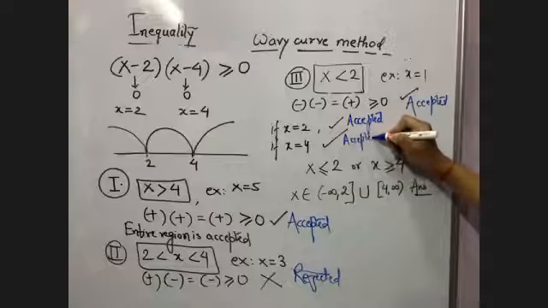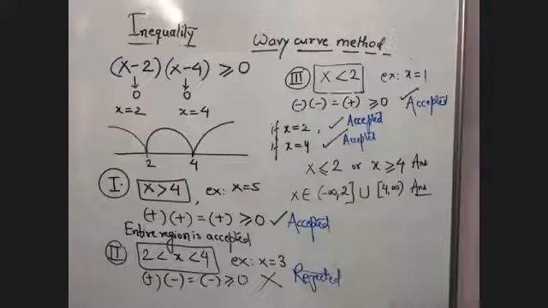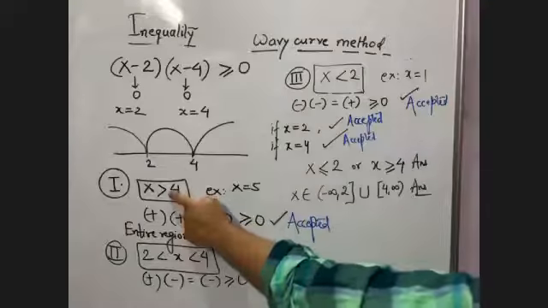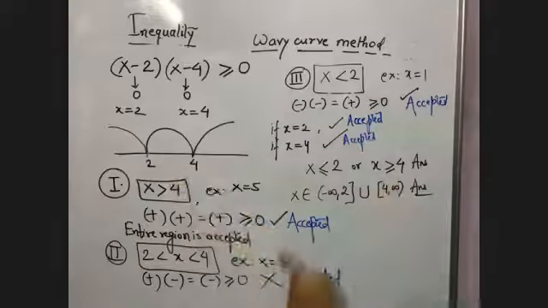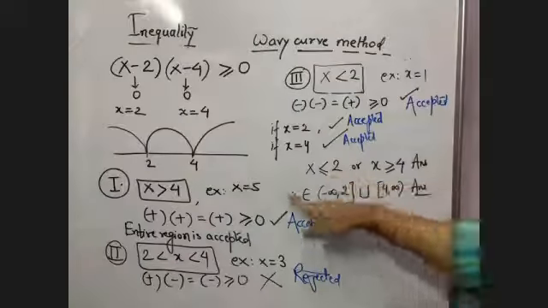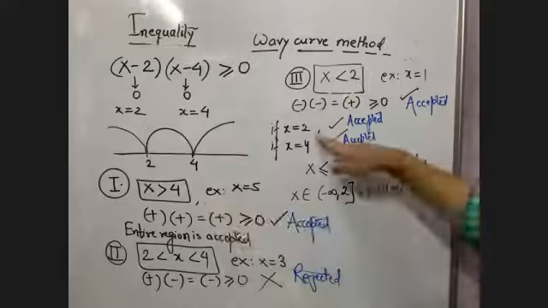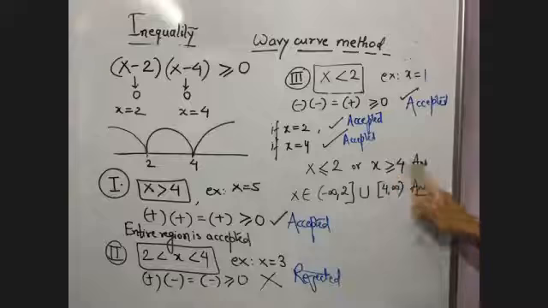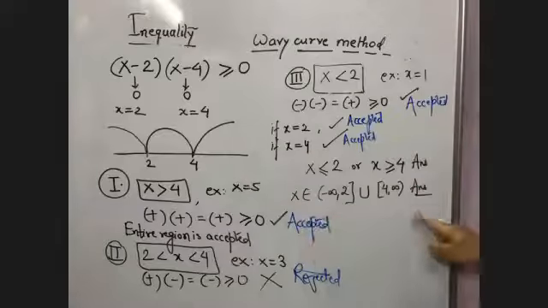Now I'm going to write the answer. Accepted interval, I'm going to write x is greater than 4. X is less than 2. I'm writing x is less than 2 or x is greater than 4. Since 2 and 4 are also there, we can put the equal symbol there. Or another way to write the same thing is this. I hope it is clear to everybody. Now, write down this, beta.